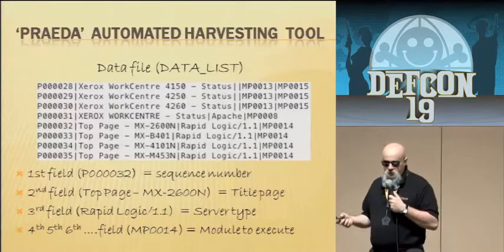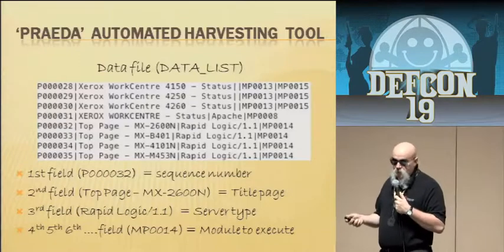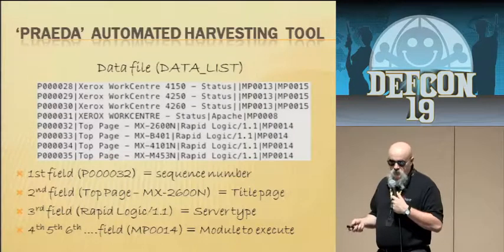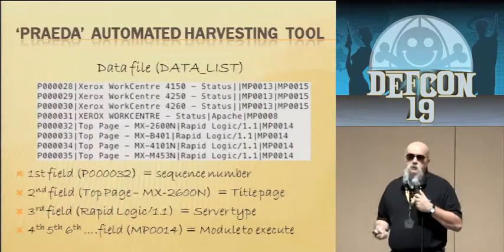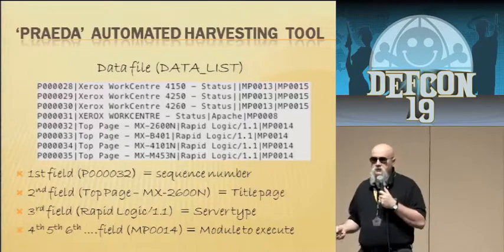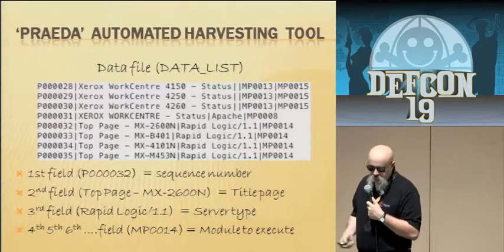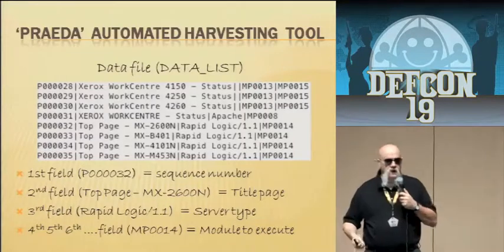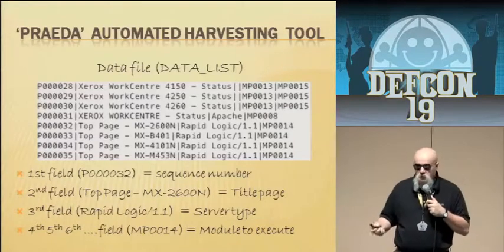And the way that works is it pulls, the second field looks at the title page of the multifunction printer. The third field looks at the server type. And that works probably about 85% of the time on fingerprinting in specific models or model series. And then fields 4, 5, 6, and continuing out there, the actual modules that are actually used to launch the